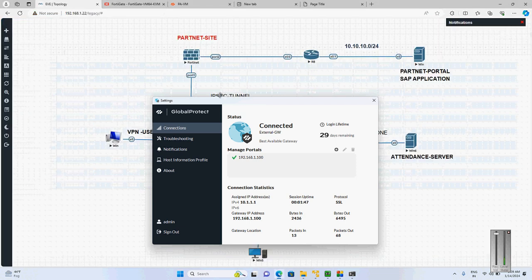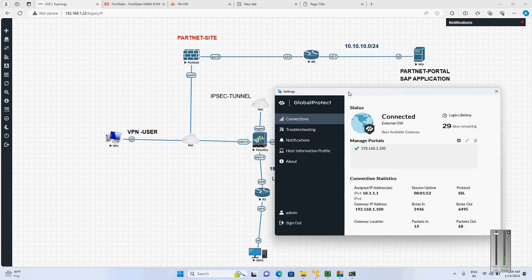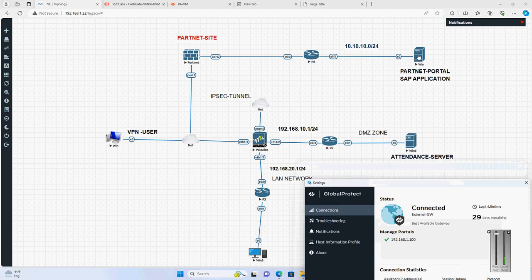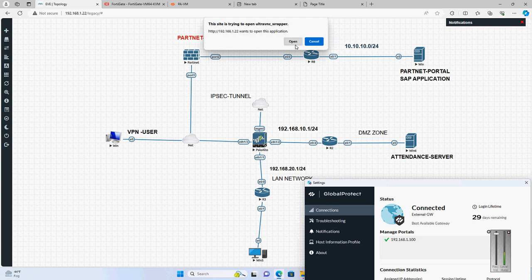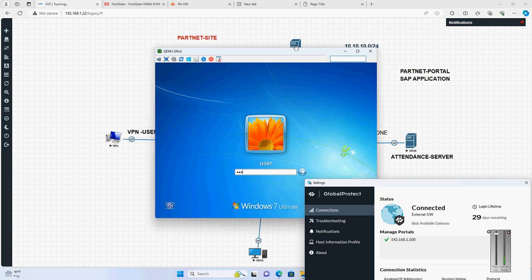Now what my requirement is, I received another requirement, where this VPN user also wants to establish a connection, wants to access this partner portal, the SAP application. So this SAP application, let me show you again the IP address of this application. So this server is having the IP address 10.10.10.100. If I open this machine,